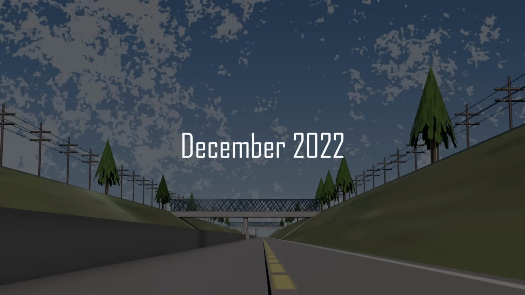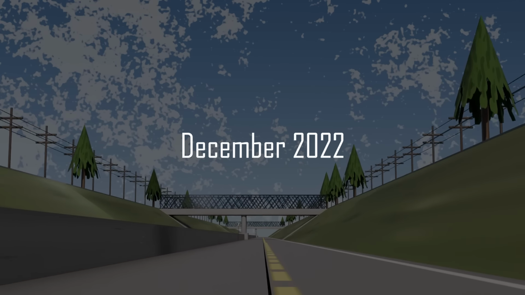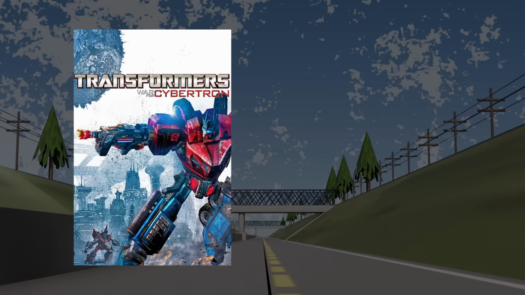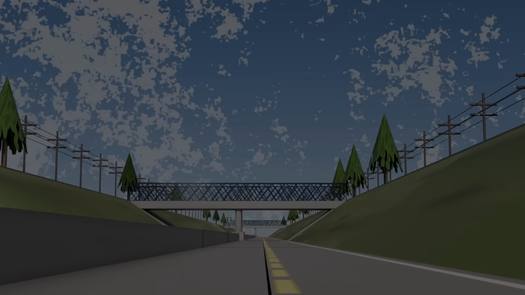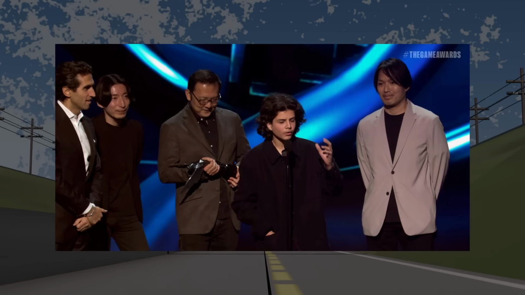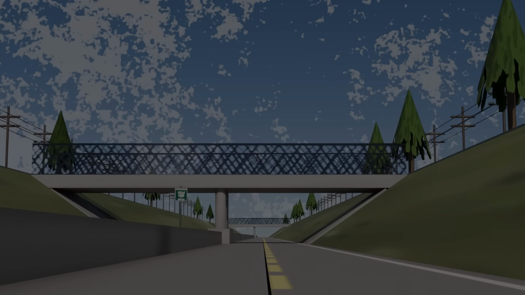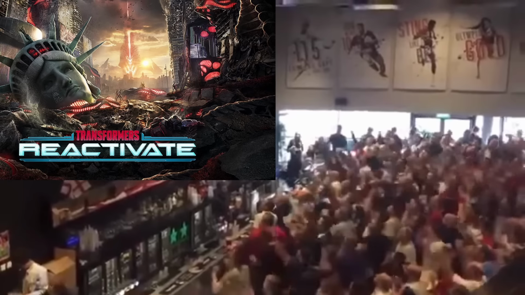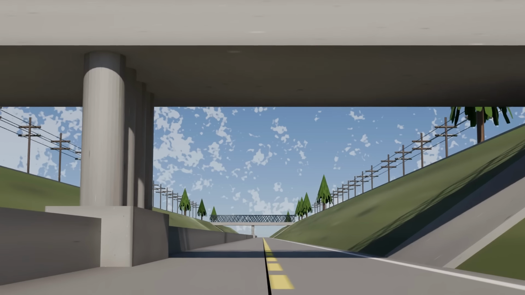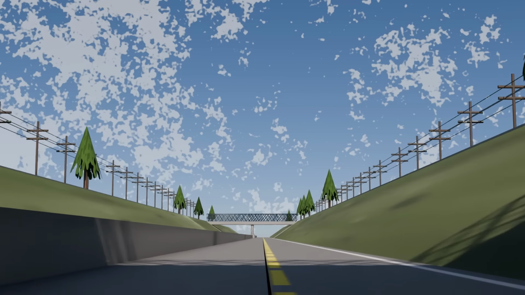In December of 2022, I was replaying the games Transformers War for Cybertron and Transformers Fall of Cybertron, and around the same time, the 2022 Game Awards were happening, and one of the trailers released was the reveal trailer for the new Transformers game, Transformers Reactivate. This revelation excited the fandom dearly, and with that, I started seeing more and more Transformer fan works, such as